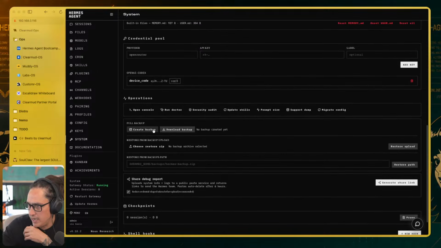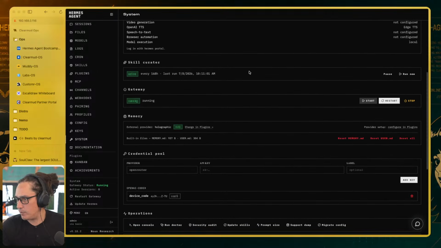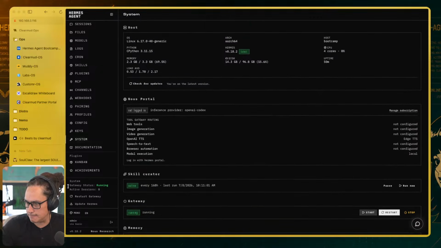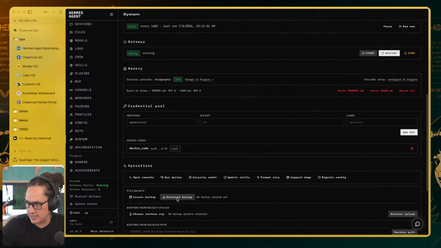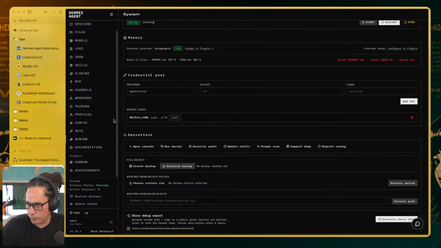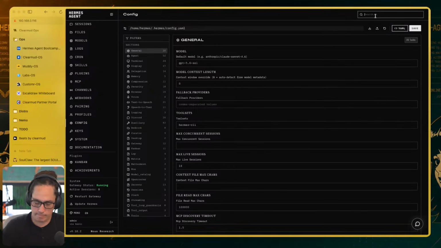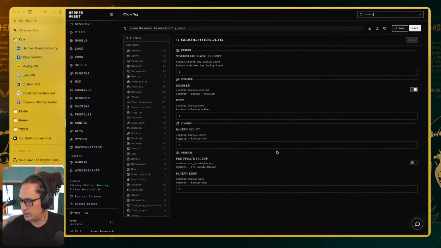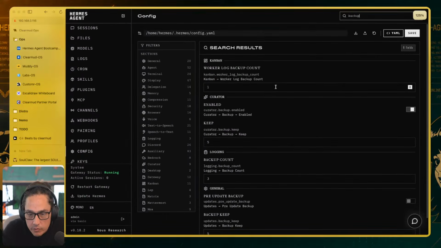You can create them manually, or you can have it back up with every system update. I could have sworn that was right next to these options here. They've been improving this dashboard. It's nice to see. I want to say... Let's go check config, backup. Right here. So under general, if you just search backup and config, let's make this, I'm realizing that text on